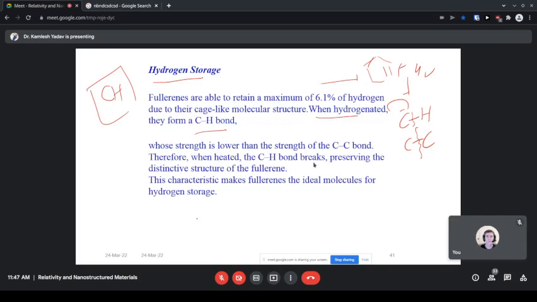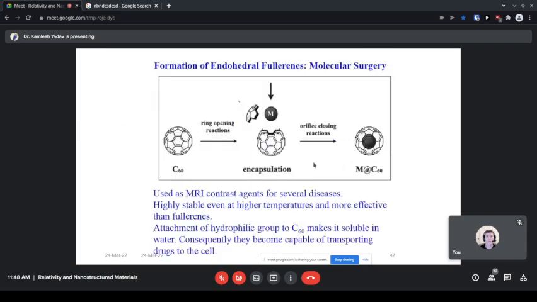What is the problem of hydrogen? Hydrogen is explosive in nature, and there is a problem of storage, how to store these hydrogen atoms, because these are very explosive. Then what we can do, we can combine these hydrogens with fullerene, and if you form carbon hydride, that is graphane, that is very stable, and then we can regenerate this hydrogen from those carbon atoms, and that can be used for fuel purposes. Therefore, this is an ideal material to store the hydrogen, or this can be used for hydrogen storage. Okay, and other is, what we can do,